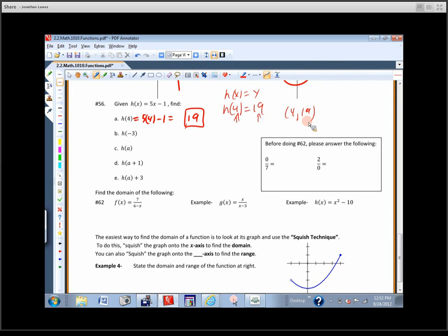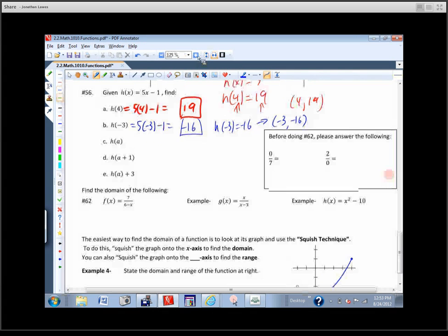If we did h of negative 3, 5 times negative 3, minus 1, so that's going to be negative 16. Again, if h of negative 3 is negative 16, the point that that would correspond to would be (negative 3, negative 16). Okay, that would be the point that we'd graph. You don't have to do that on every one. I'm just trying to point out, this is your answer right here, 19, negative 16. Next one,